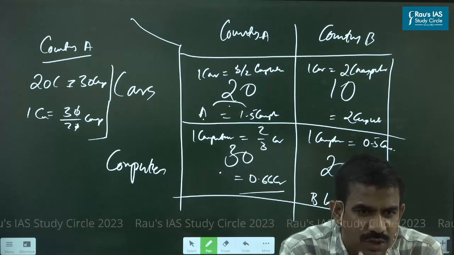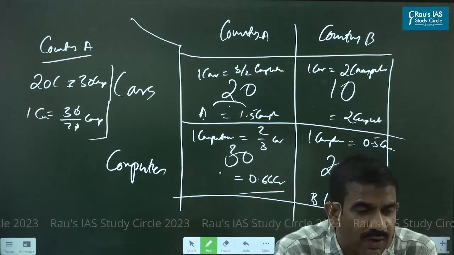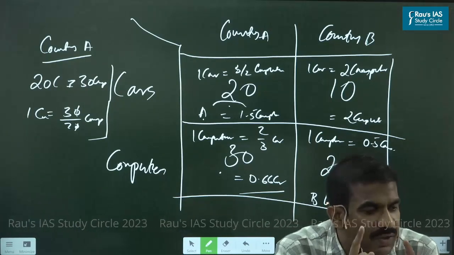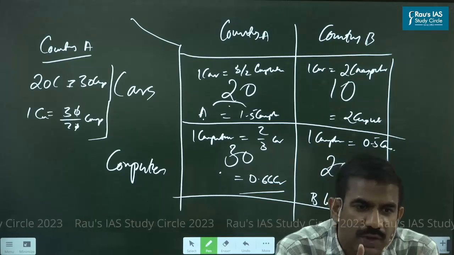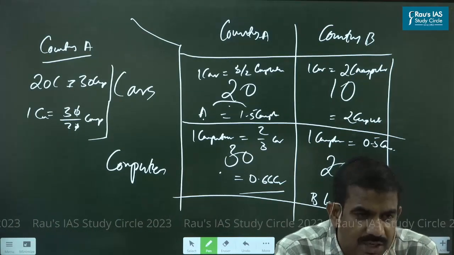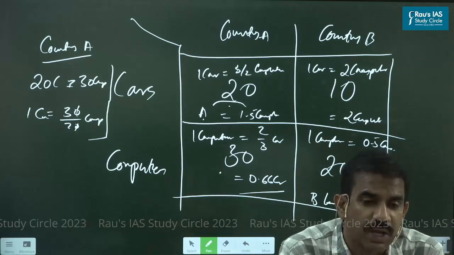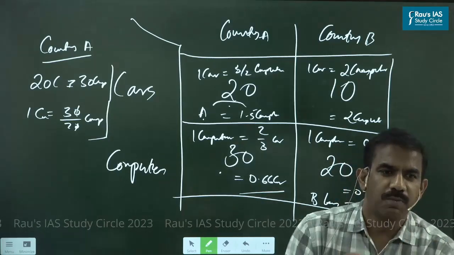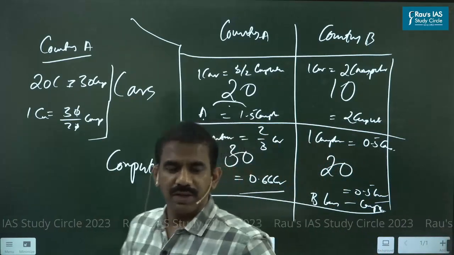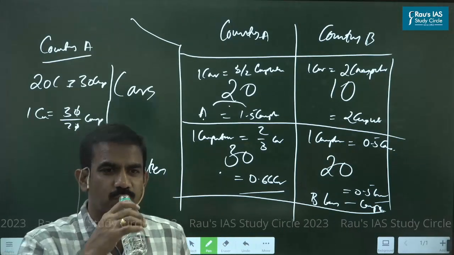The first question I would ask: will the total output and the total welfare of these two nations rise if they cooperate, or if they remain separate? If they cooperate, isn't it? In such a case, what do you think A should be exporting and B should be importing? And what do you think B should be exporting and A should be importing? So take some time, no issue. Don't be in a hurry, isn't it? Yes.